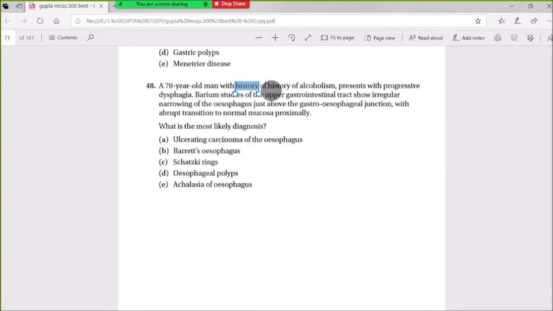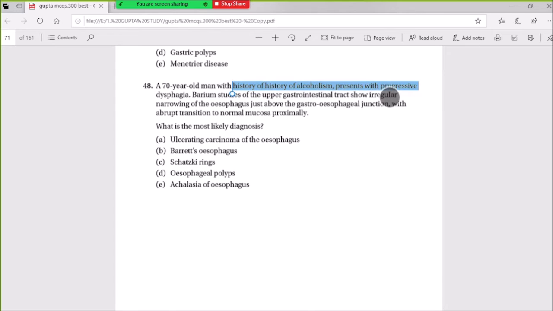Question 48. A 70-year-old man with a history of alcoholism presents with progressive dysphagia. Barium studies of the upper gastrointestinal tract show irregular narrowing of the esophagus just above the gastroesophageal junction with abrupt transition to normal mucosa proximally. Diagnosis: